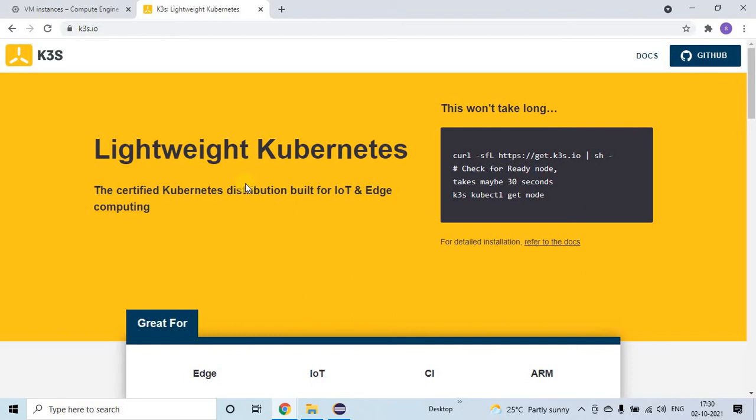With very minimum steps of installation, if you trust me, within 30 seconds, you will be able to install Kubernetes and start working on it. Okay, we'll do that. So first we came to the K3S site, and if you see, this is a lightweight Kubernetes.